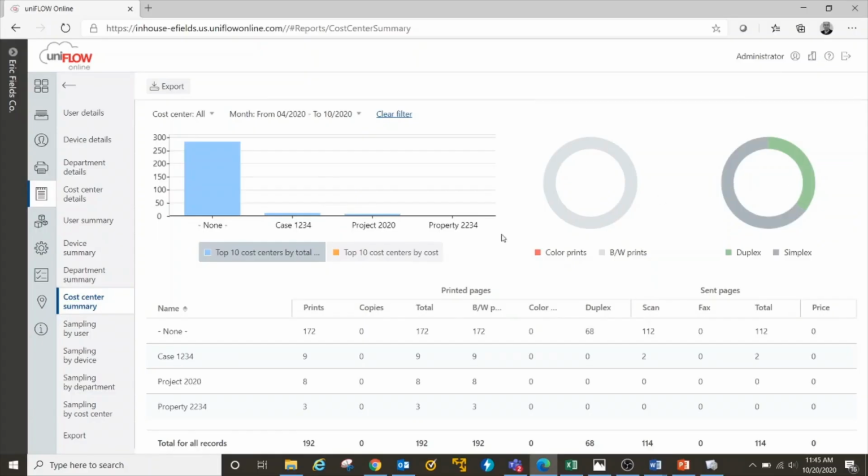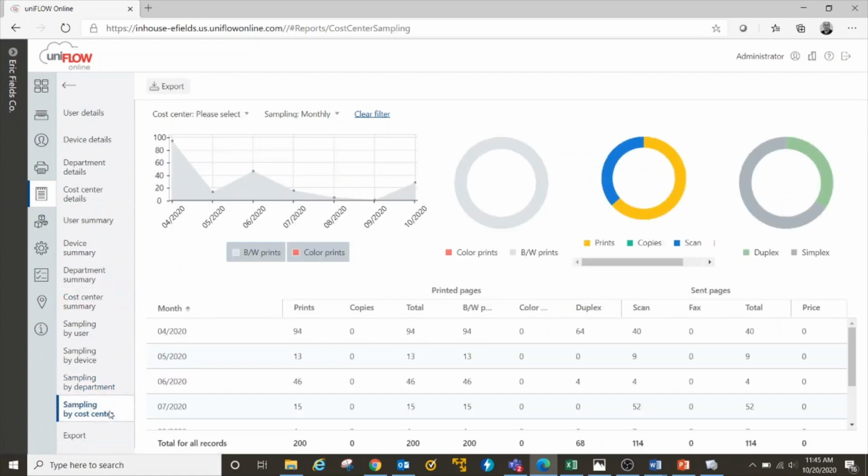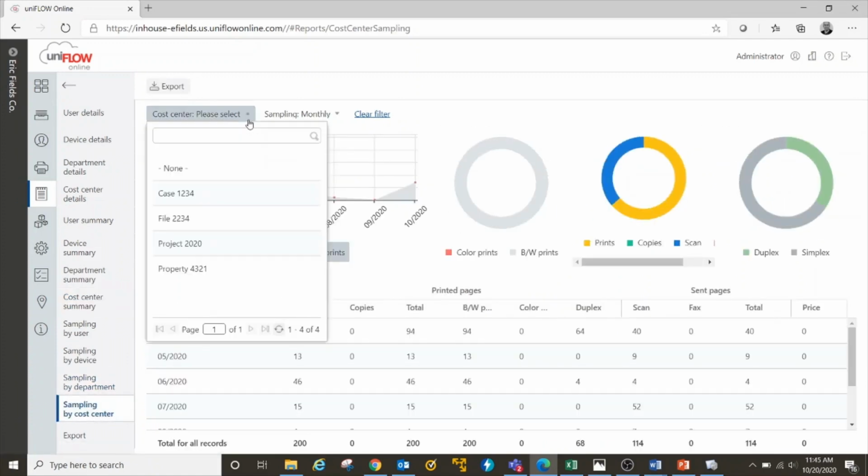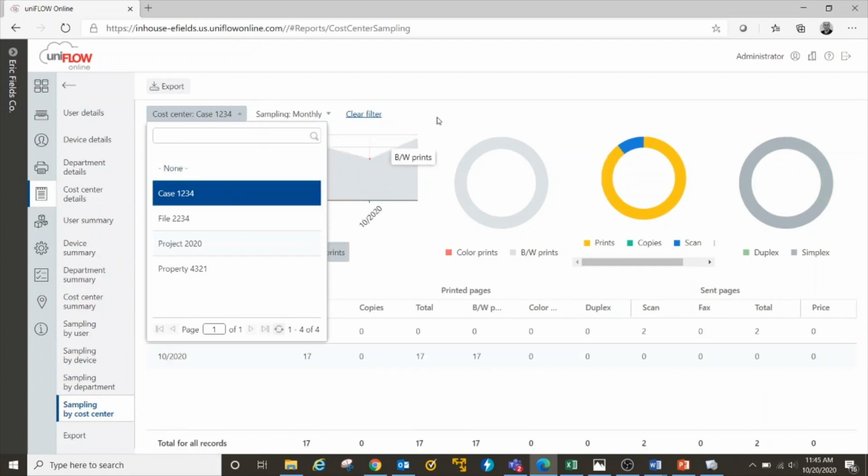After logging back into my uniFLOW online tenant, I'll now go to Reports. The first report we'll look at is Cost Center Summary. As you can see, we have different cases and how many prints, copies, etc. that were printed to that particular project. The next one will be Sampling by Cost Centers. This is where I can individually look at a cost center by dropping down and going to that project and